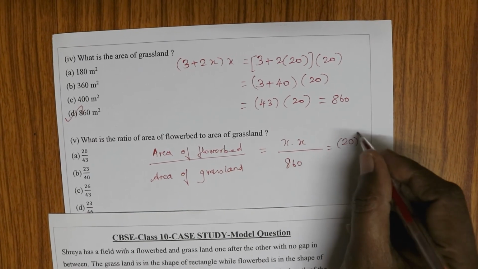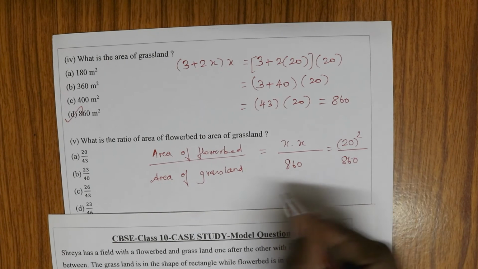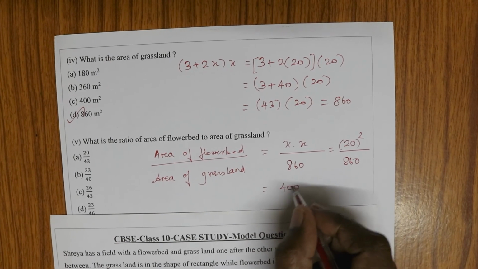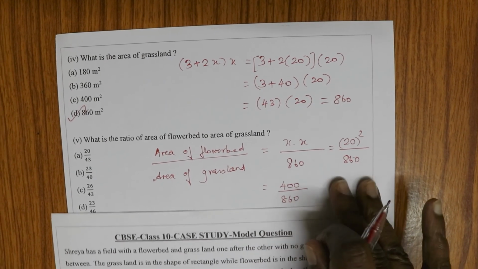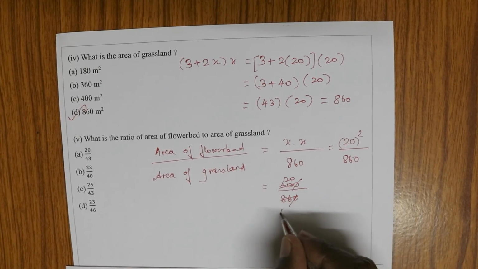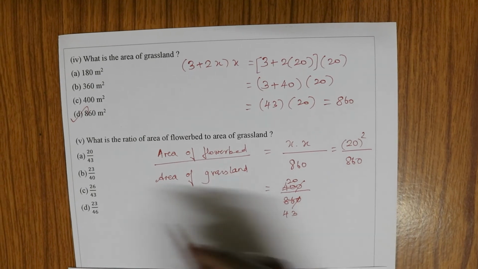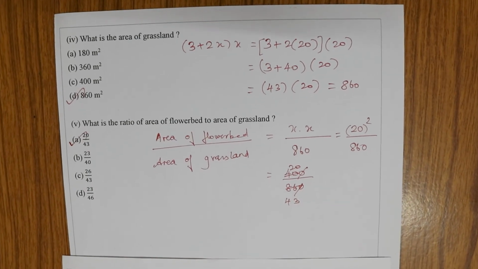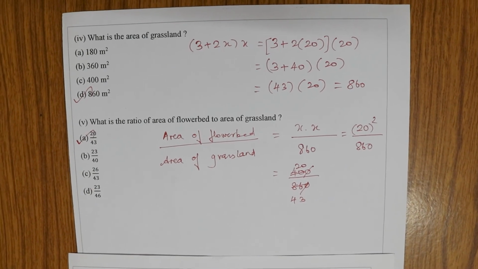So x into x is x squared, and you know what x squared is. This is 20 squared divided by 860. So that's going to be 20 squared is 400 by 860. When you reduce it, it is 20 by 43. So 20 by 43 is subdivision A. Okay. So these are the 5 subdivisions which is